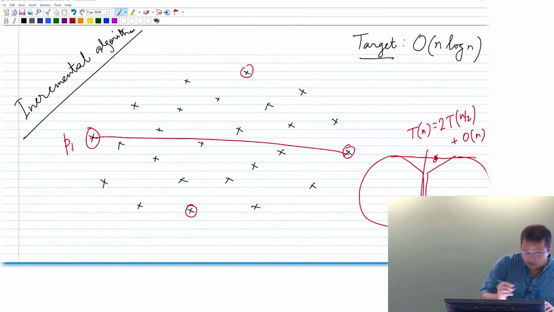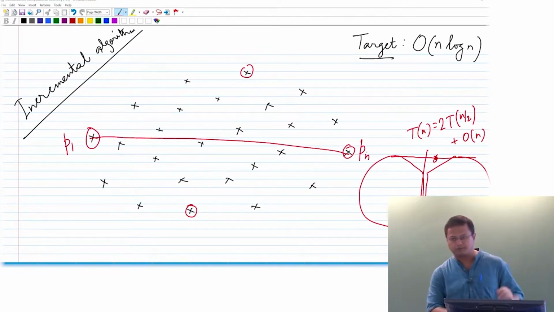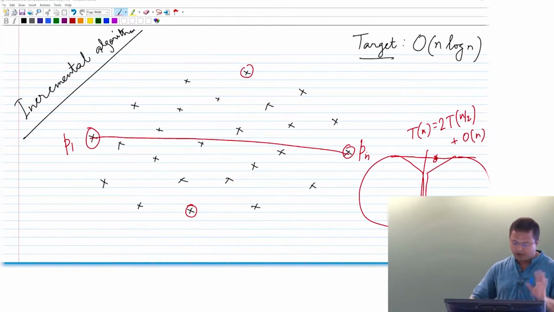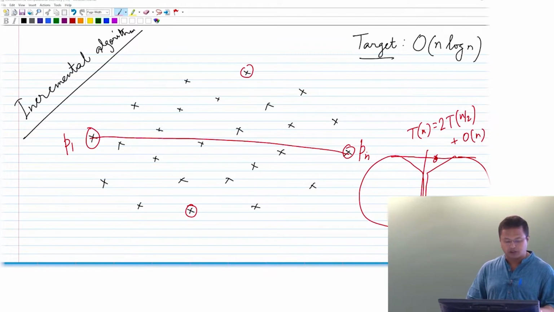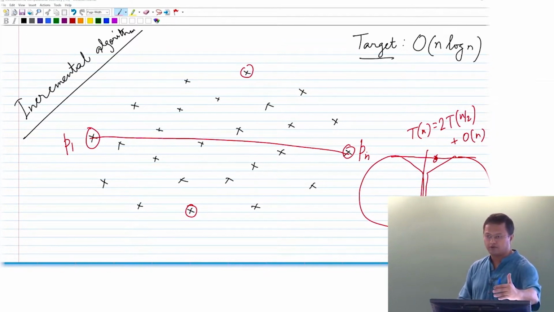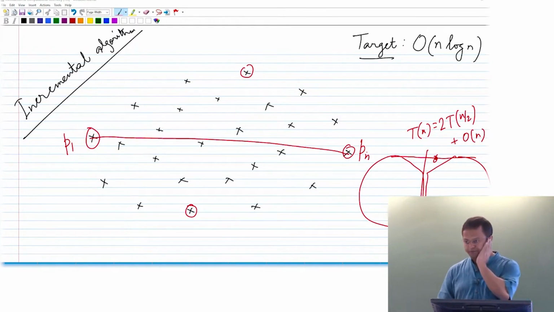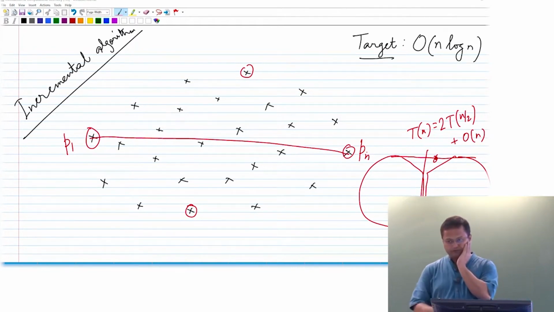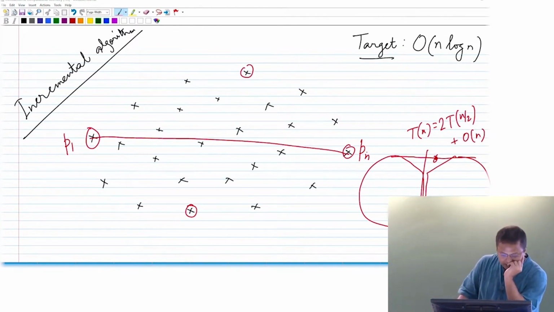So, this I call to be my P1. I am just relabeling the points according to the sorted order. Now, what I will do is I will try to convince you about the computation of the convex hull for this upper half, and by symmetry it will follow for the lower half. Fine. Okay. Now, the points are relabeled as